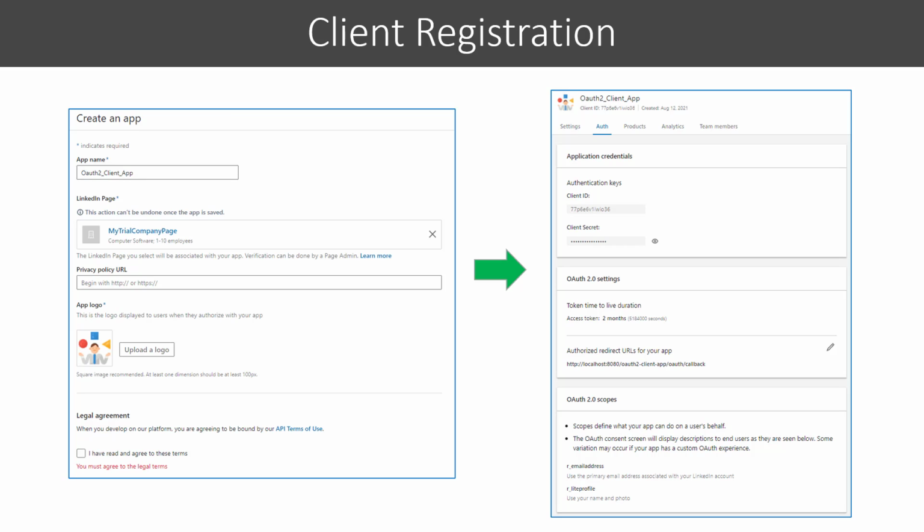Hi all, welcome back. When developing an application that makes requests to protected resources on some service provider, and if